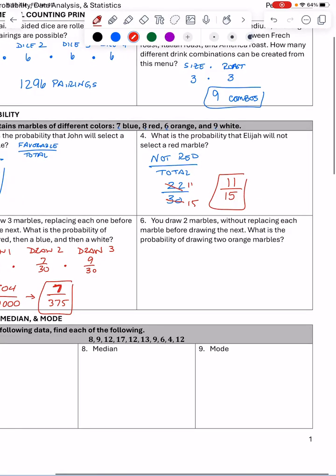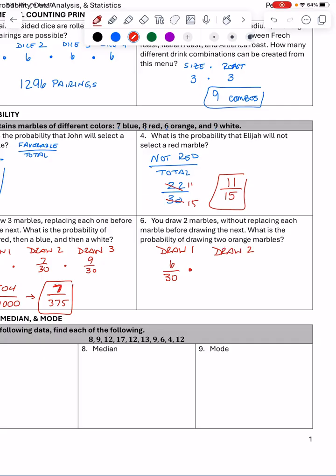Now the difference in 6, it says you draw 2 marbles without replacing each marble before drawing the next. What's the probability of drawing 2 orange marbles? So same thing, if we look at draw 1, okay, orange, there are 6 orange in a total of 30. So you draw your first one, and then your second draw,